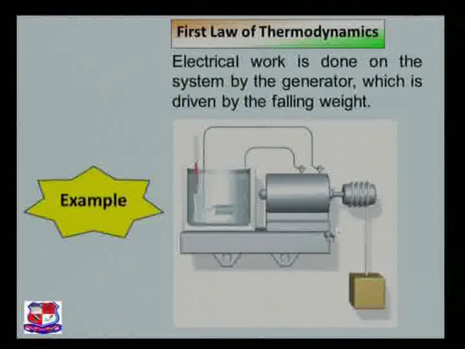Here generator is there and electrical work is done over this generator. This is the electrical supply or battery, positive and negative, and with the help of this electrical energy, this rotor rotates and this object is lifted. Or in reverse, if we move this object from up to down, this will rotate and here electricity will be generated. Both the sides it's possible. So electrical work done, here the work is done to produce the electricity, or we can use the electricity to